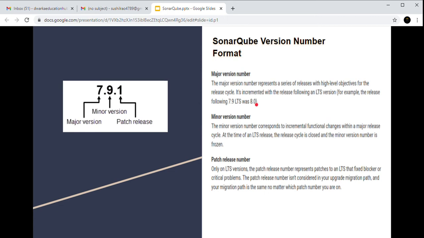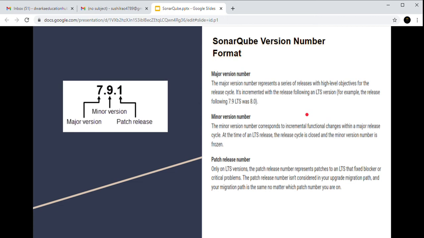If there is any corresponding incremental functionality change within a major cycle, that will become a minor version. Any organization will plan like this: every 3 months they release a major version of the application, and in between the major versions they enhance some functionality based on client requirements and on bugs. That goes into the minor version.